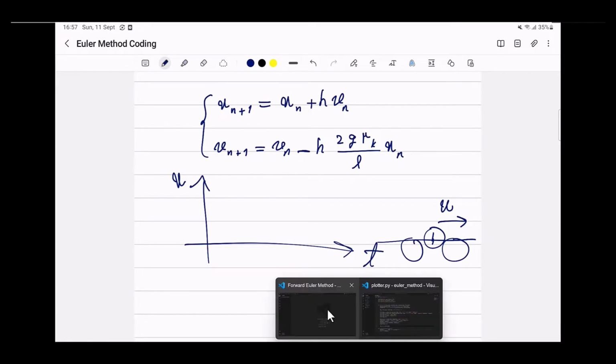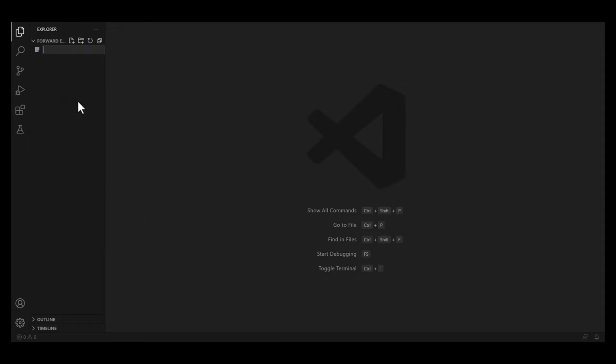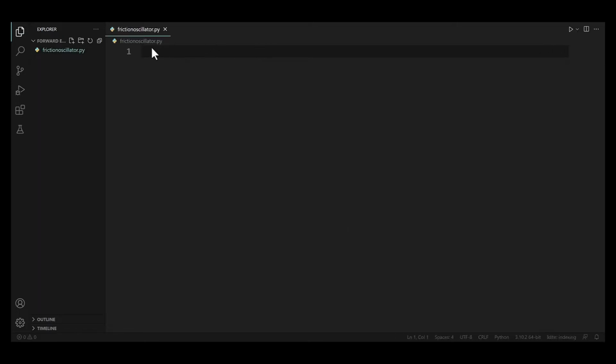So at first we're going to open a file. Let's call it friction oscillator.py. Alright, so